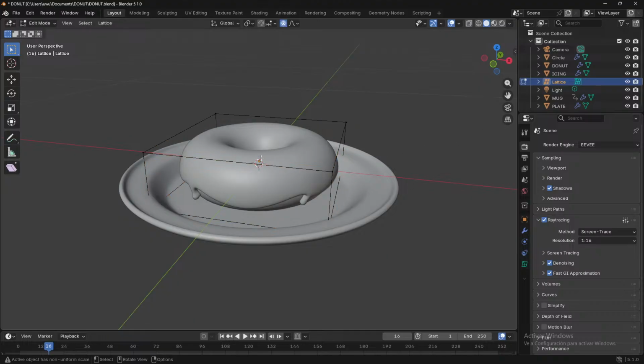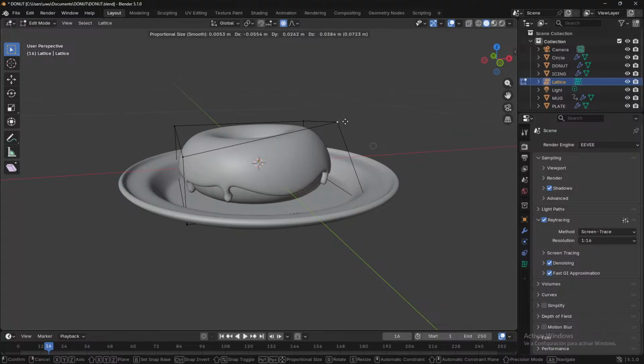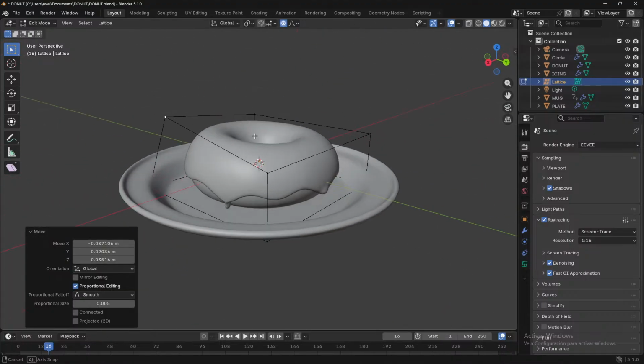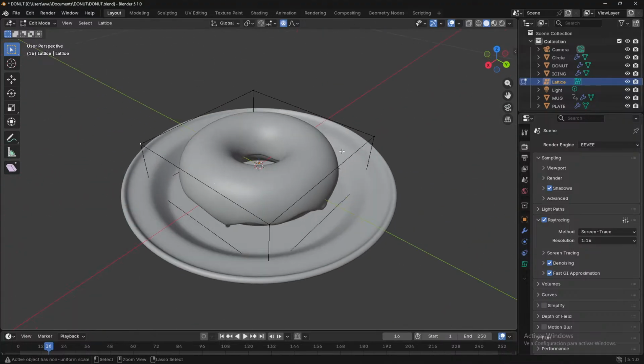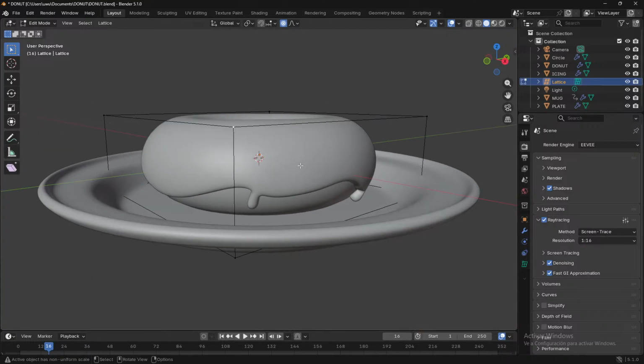So if you just select these points, you can see we are twisting the donut. But importantly, the actual donut is underneath, this is a modifier, right? So we're not actually changing the mesh at all. It's just doing this after the fact. And then if I just deleted my lattice, it's gone. It's back to where it was. So this is a non-destructive workflow. These little points here enable me to, at any point in the future, change and deform a mesh,